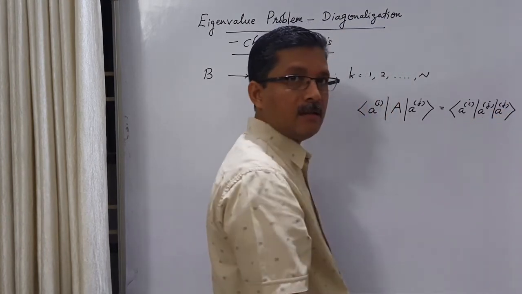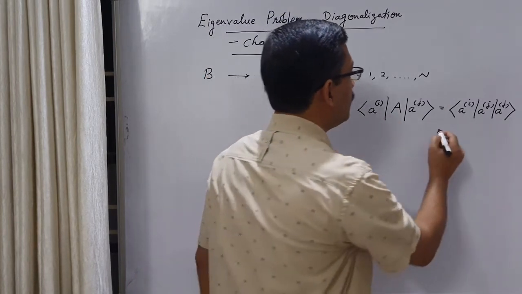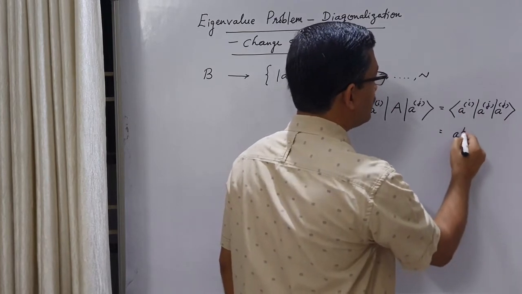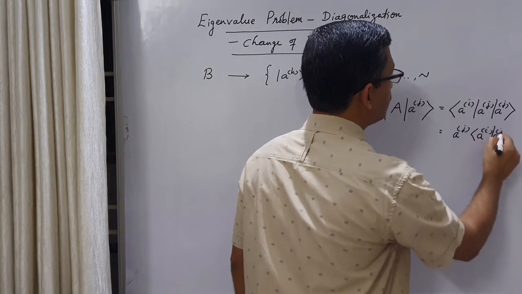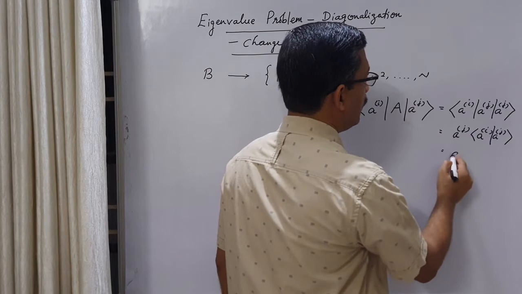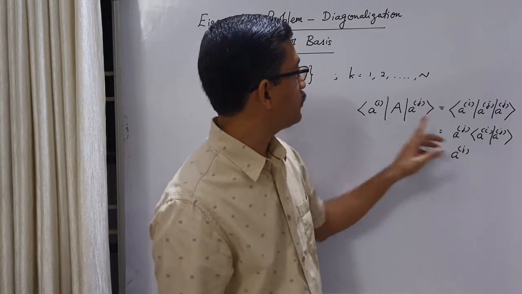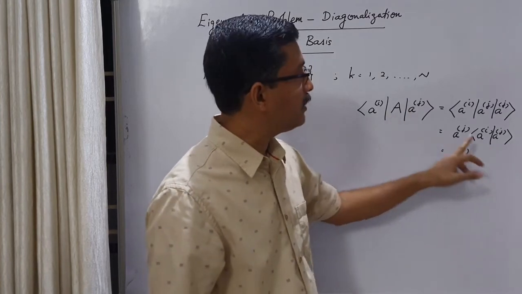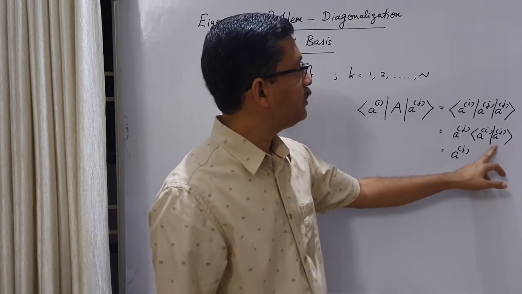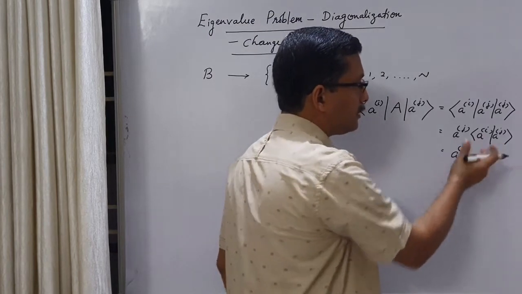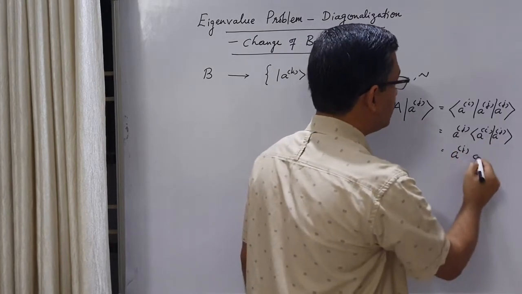This is a Hermitian operator, so this is a real eigenvalue. We can take it outside the inner product, so we get a_j, and here we have the inner product between A_i and A_j. What is the inner product between A_i and A_j? These are the eigenkets of the operator A, which is a Hermitian operator. Its eigenkets are orthogonal to each other and they are also normalized. So these are orthonormal, and the inner product will be delta ij.